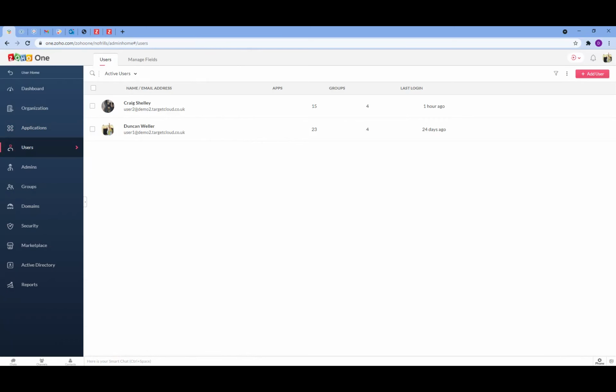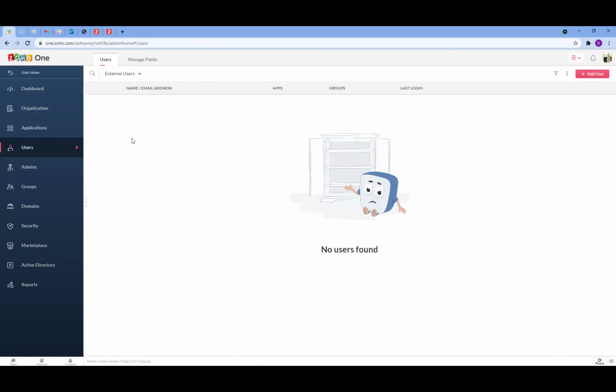And I'll just refer to this active users drop down where we could have all users, active users. And when you disable someone, they would go into the inactive users area. You've also got pending users where you've invited someone and they've not yet accepted the invitation. Confirmed users, it's showing the ones who have confirmed and accepted. And external users is an interesting one. And these are quite independent. So you can invite external users,